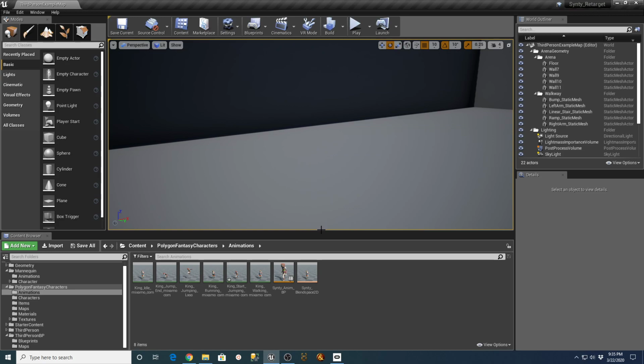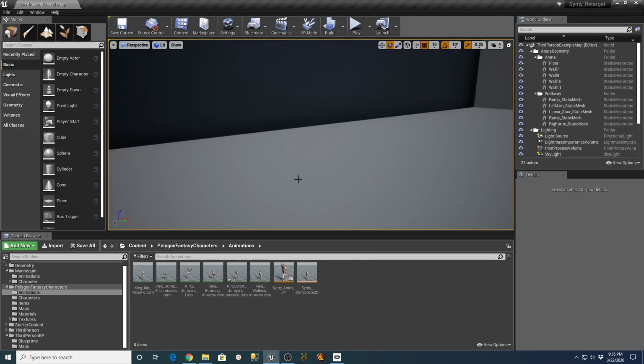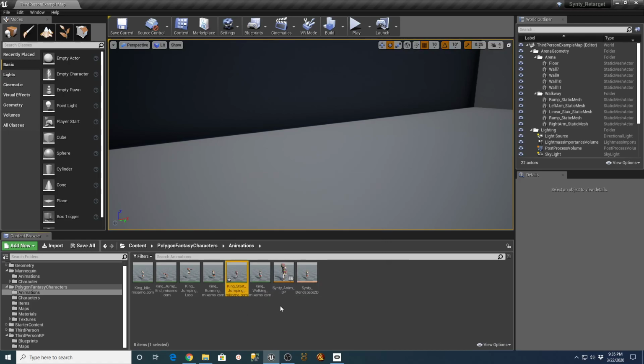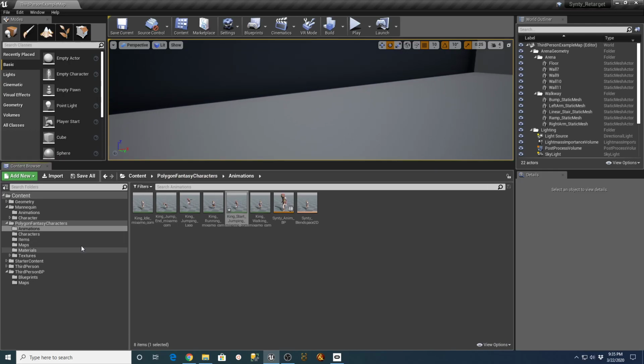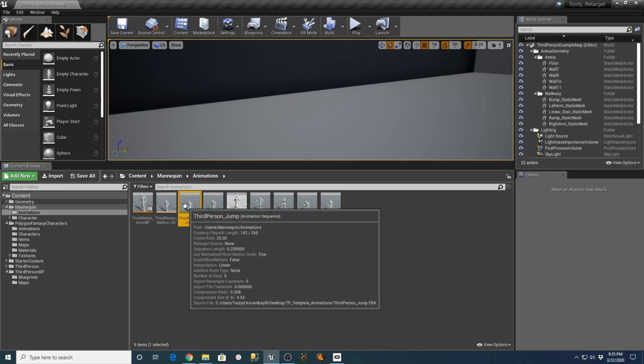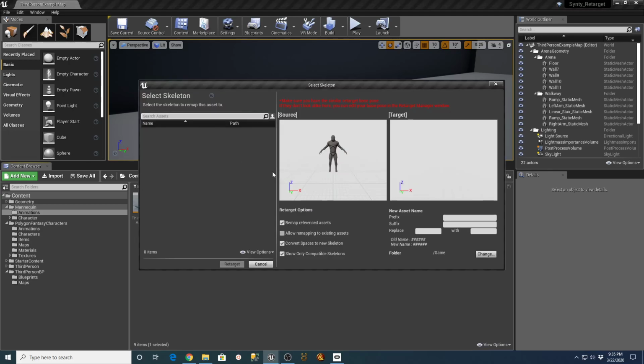But what I was saying earlier is, if we really wanted to, we could just go into these three that I'm having the trouble with. The idle walk run looks pretty good, but the start and the jump loop and all that kind of stuff, these things share the same skeleton. So if you were to go into the animations from here and take that third person jump loop and jump end, you really could just go in here and say retarget and duplicate those assets onto this other skeleton here.